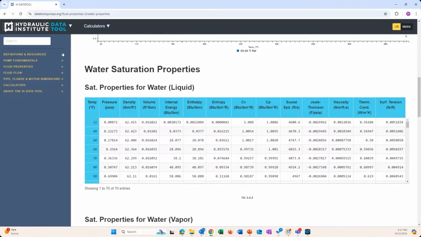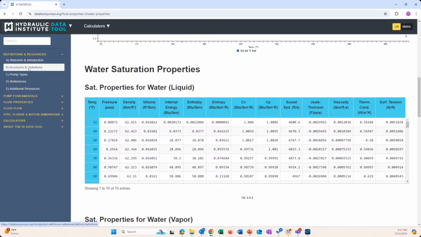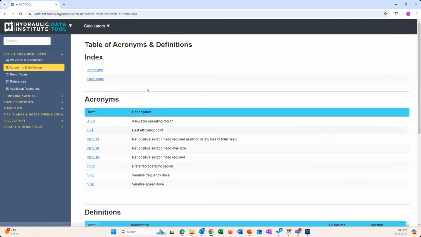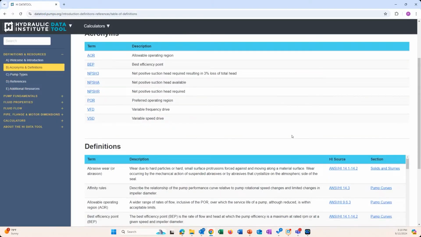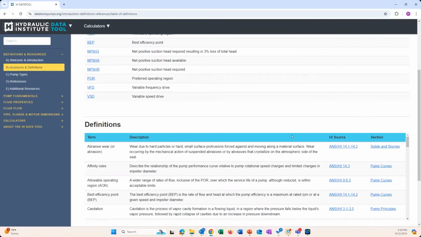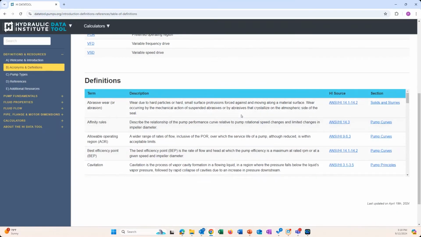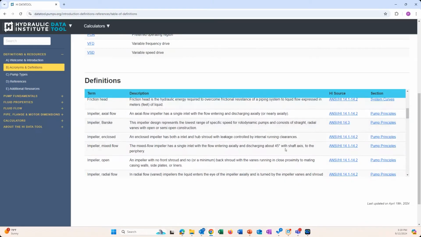One of the other updates in this launch of the data tool is that we've added a definition and resources section. And so we have acronyms and definitions that are used within the data tool. So this is not a global set of acronyms and definitions. We may do that where we want to define more terms and publish them, even if they're not used in the data tool. But right now, we're defining the terms that are used in the data tool